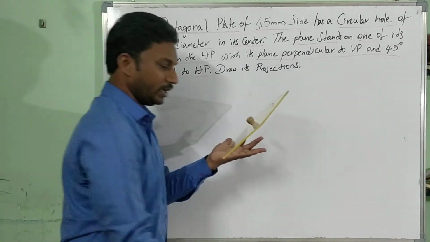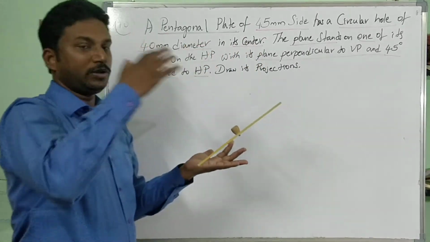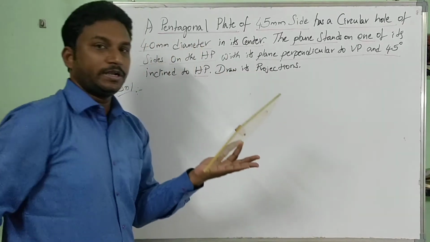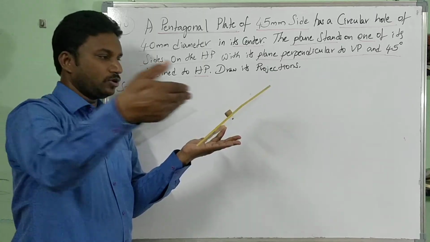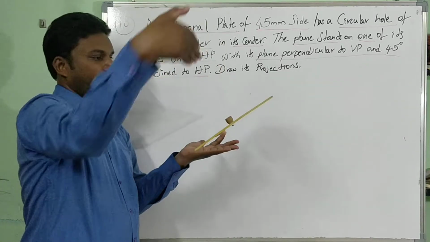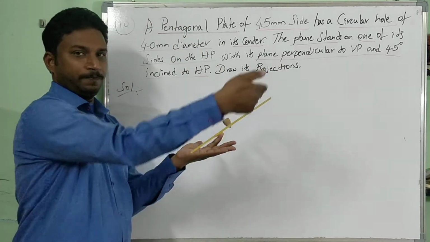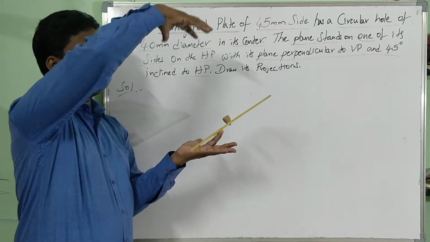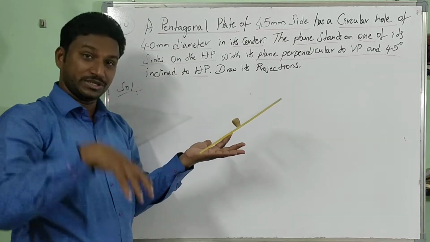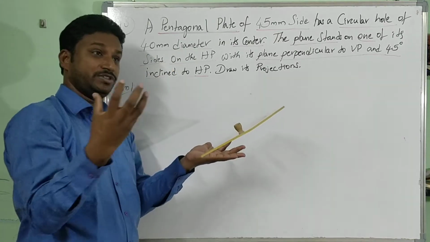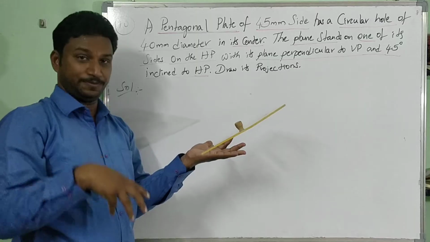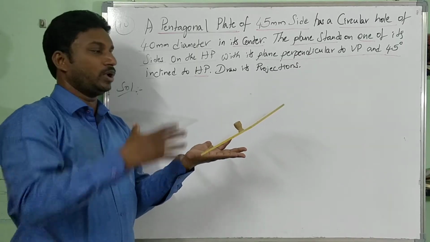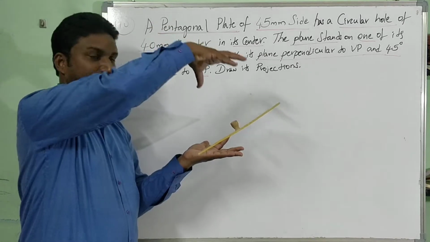Projections are nothing but drawing its front view and top view with respect to this position. The front view looks like a line with 3 points: 1, 2, 3. The top view is a pentagon, but a diminished shape of the pentagon, with the circular hole inside diminished to an ellipse. So you cannot draw this directly, and you cannot expect the diminished size.